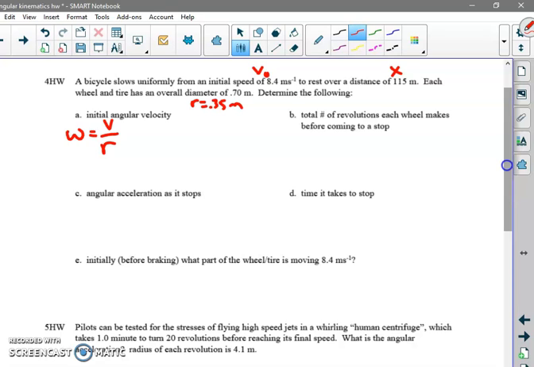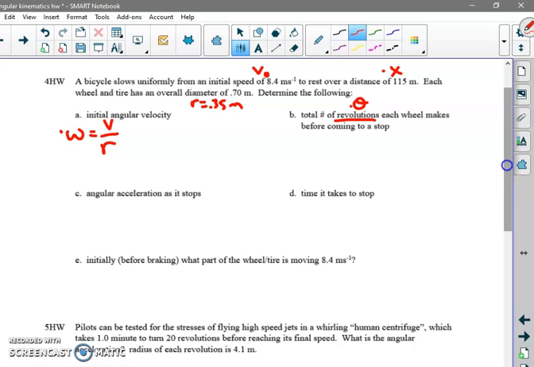Total number of revolutions it makes before coming to a stop. Again, it's revolutions, so that screams theta, right? But our answer first is going to be in radians. And again, we don't have any angular stuff except for the omega. If we had a time, we could do that. But we can connect this to